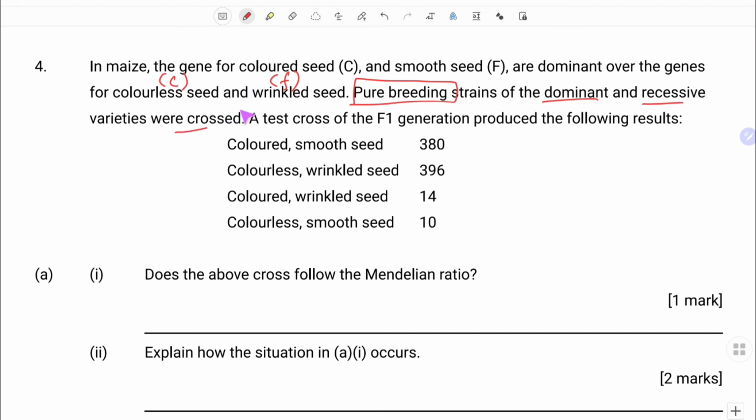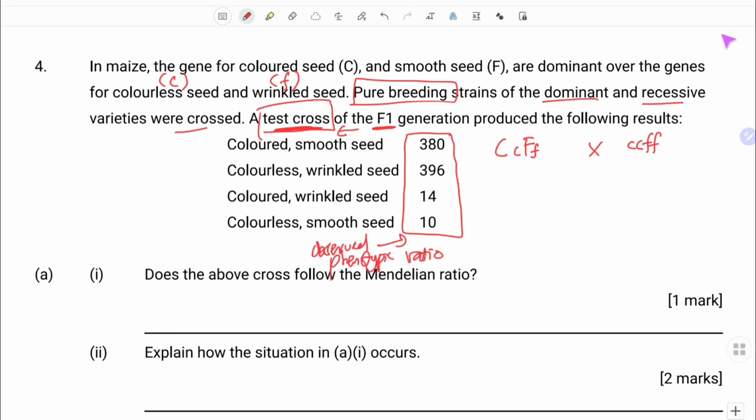So itu P generation. So in the F1 generation, hasil daripada pure breeding tadi, dia akan buat test cross. So, ingat balik, asalkan test cross mesti heterozygous darab dengan homozygous recessive. So, based on information test cross ni kita tahu mesti hetero dengan recessive. So, these are the genotype for the parent untuk test cross ini. Okay, next kita baca. Dia kata the F2 generation, iaitu selepas F1 test cross tadi, inilah dia punya observed phenotypic